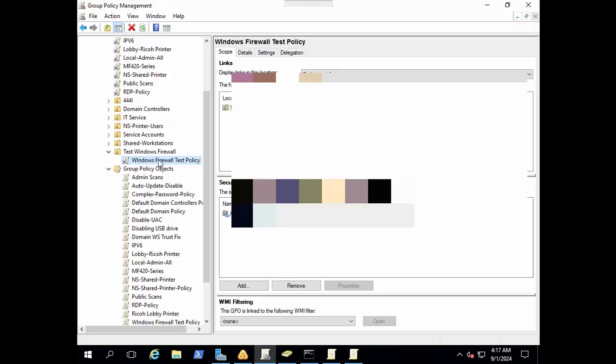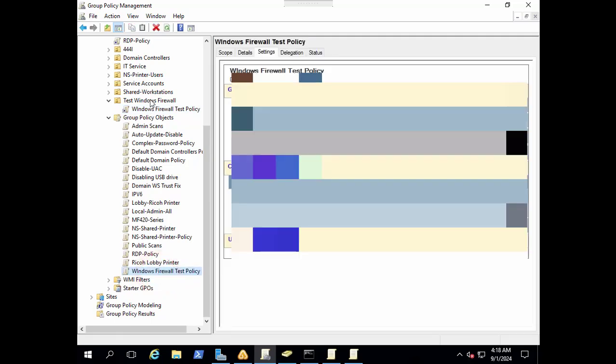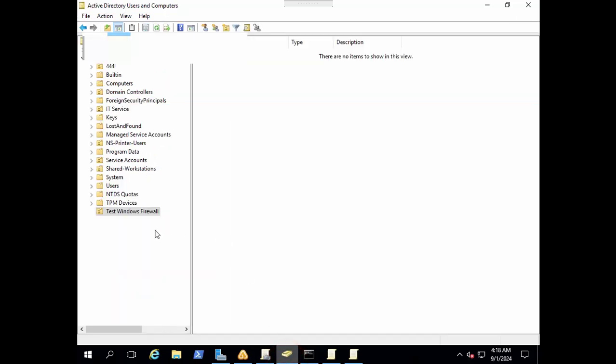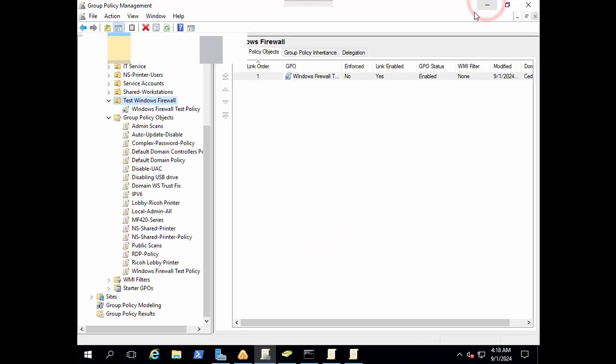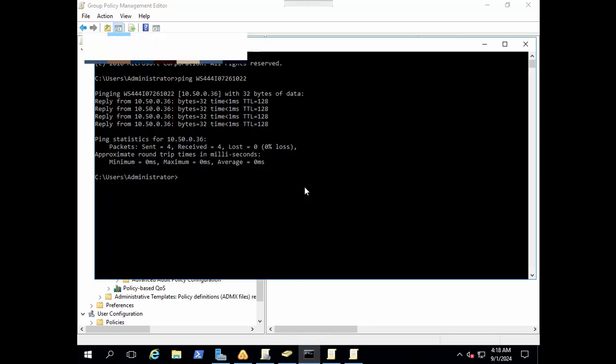And I've also explained how to link this policy that we have set up for Windows Firewall to the specific group, the test Windows Firewall organizational unit, and you could move users or computers to the test Windows Firewall organizational unit to test these policies. Once these Windows Firewall policies are deployed, once you run a group policy update here,